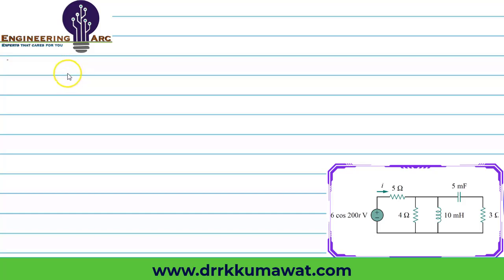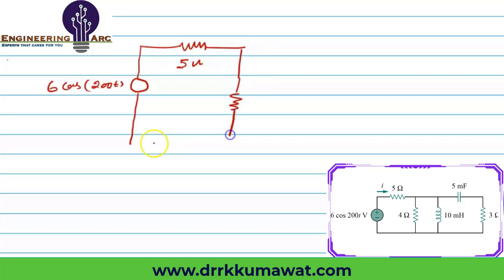Hello everyone. In this problem, a series parallel combination of an RLC circuit is given, which has a voltage source with a magnitude of 6 cos 200t, and the elements are connected in the following manner: a resistance of 5 ohm, a resistance of 5 ohm, and again the parallel branch which has a resistance of 4 ohm,